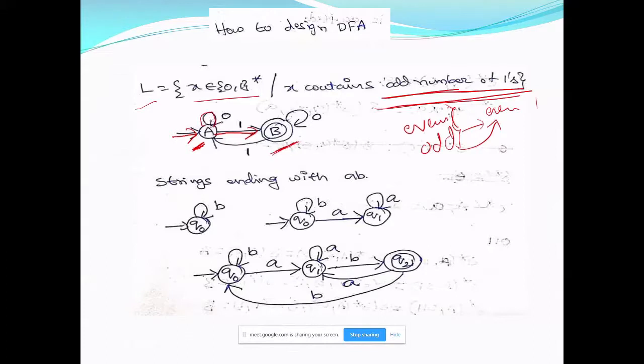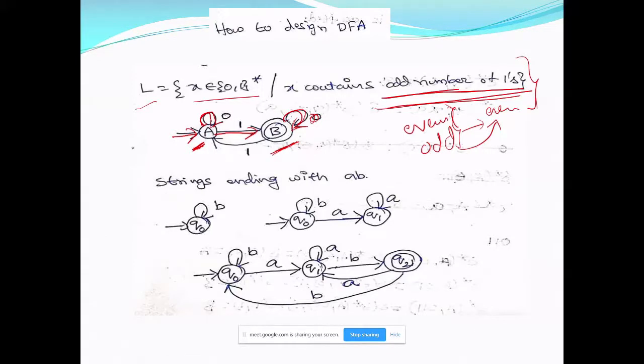Wherever you are, when you get zeros, we don't count them, because the count of zeros is not required for us. We don't bother whether it is even or odd. So whenever I am in A or B and I get a zero, I need not remember; I simply process it and go on to the next input. Whenever the input is 1, I change the state: first even to odd, then odd to even.